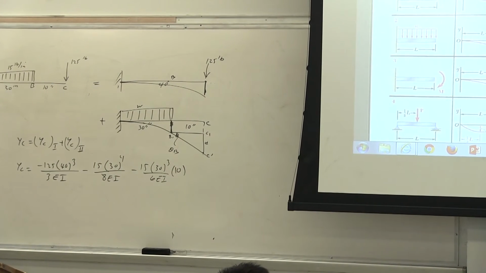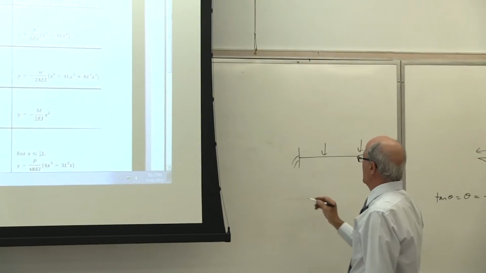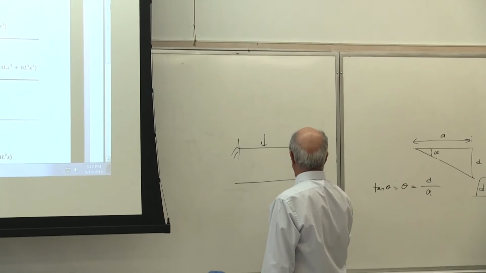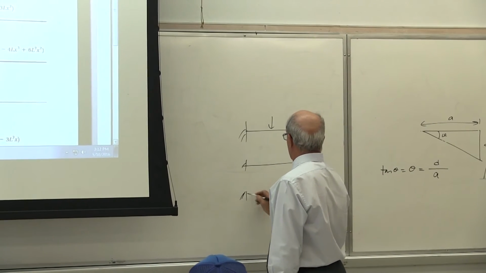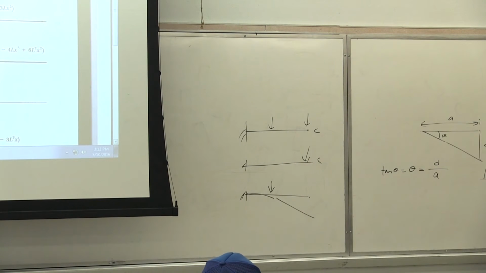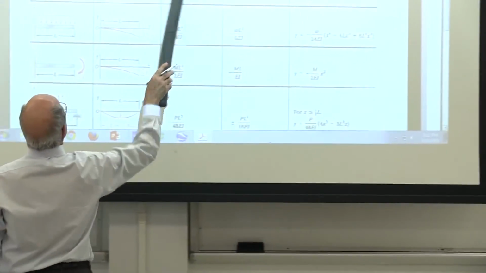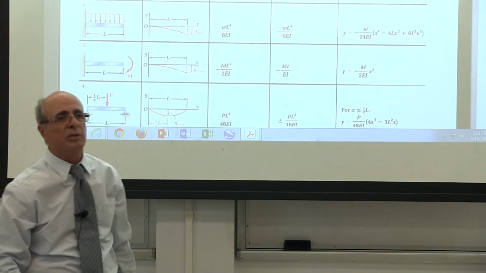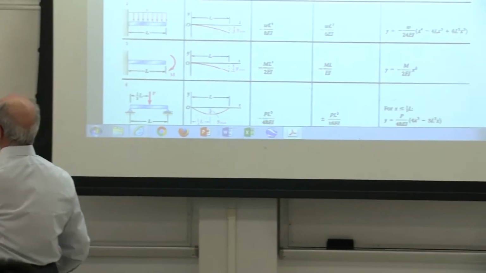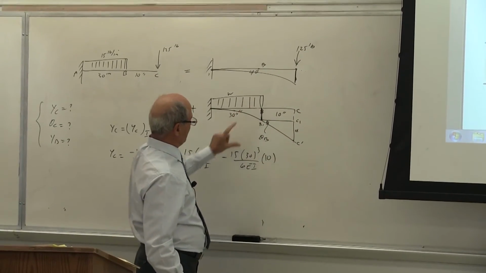Everybody understand it? Correct? Look, another homework problem. You see, you are all quiet. If you are looking for YC, when you break this one, you have this load at C. But when you do this one, the load is here. You want this to go like that, then go in a straight line. Is that correct? It's as simple as that. Is that understood by everybody? So I don't want you to make any mistake when you go beyond the load. After the load, if this beam is going to extend, there is going to be a triangle rule. Is that correct or not? Which consists of, one more time, this theta and this length. That's all you need.